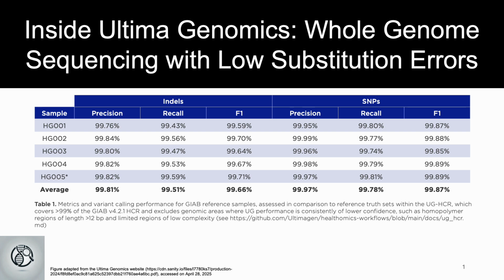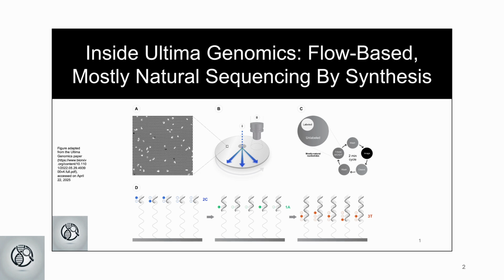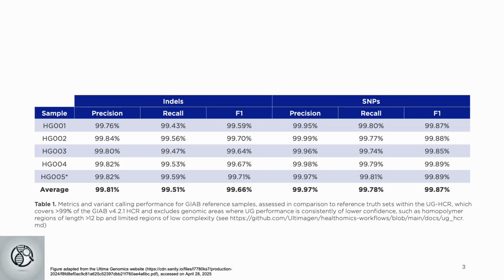Let's break it down. This video assumes you already watched another Omics Quest video titled Inside Ultima Genomics, flow-based, mostly natural sequencing by synthesis. The table shown here is taken from Ultima's WGS application note and presents benchmarking results for GIAB samples. What immediately stands out is the high precision for small indels and SNPs, which reflects effective minimization of